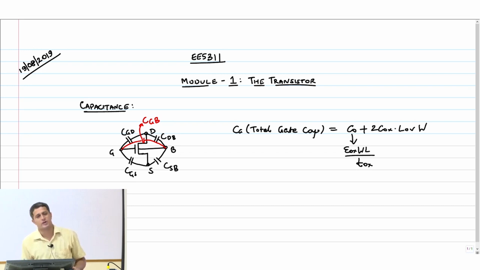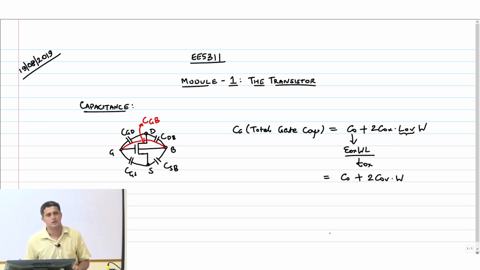I just left the expression here, but remember that this L overlap is basically a constant for a given technology, right. Once you do the annealing and all that, this L overlap actually is reasonably fixed. It goes in by the same amount and therefore it can be absorbed as a technology constant, right. So therefore what you do is you basically say that this is C naught plus 2C overlap into W,